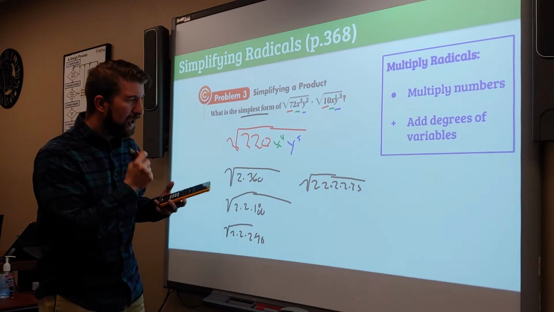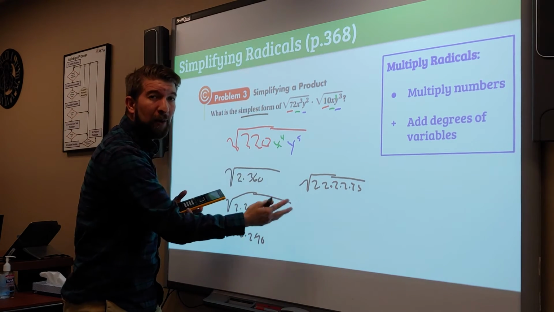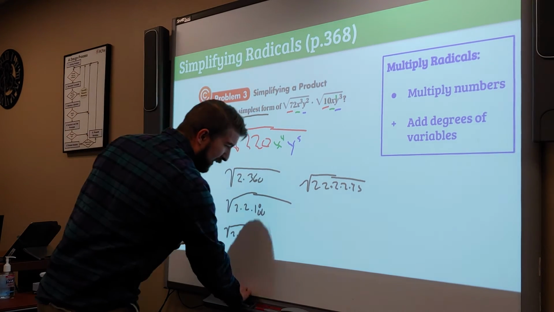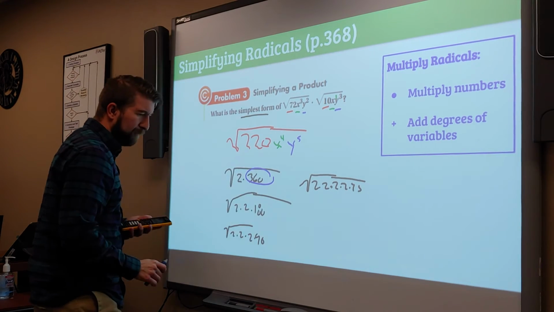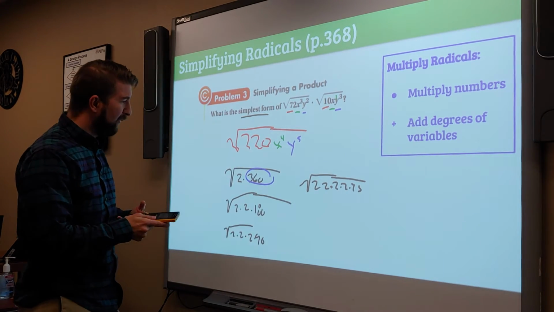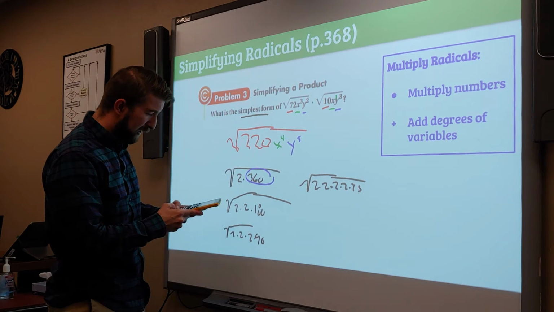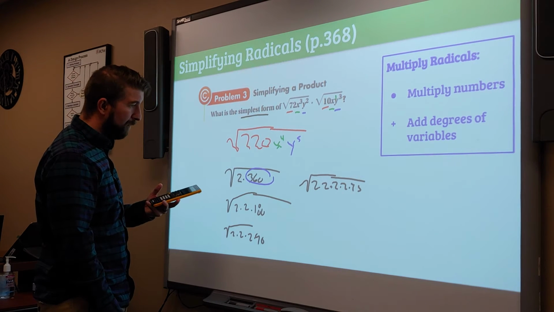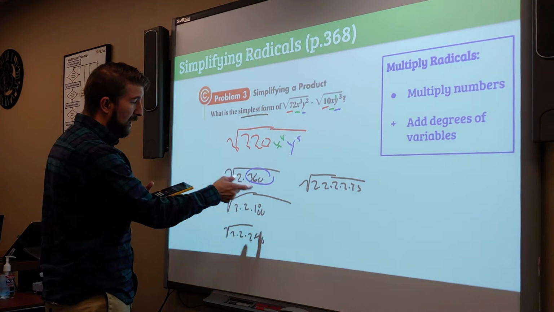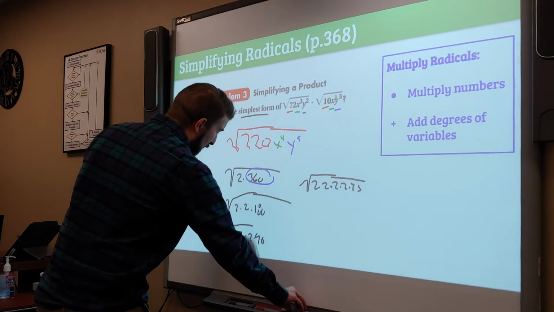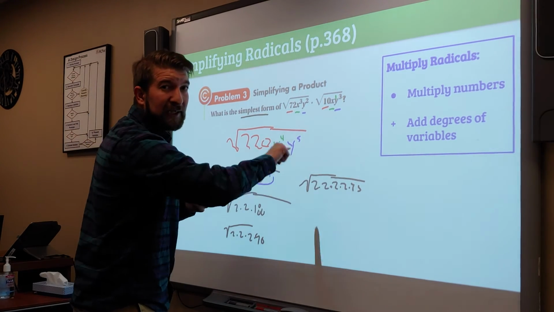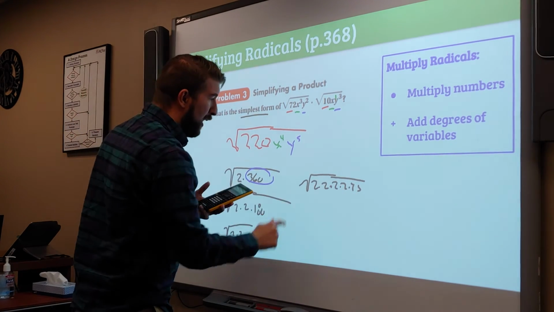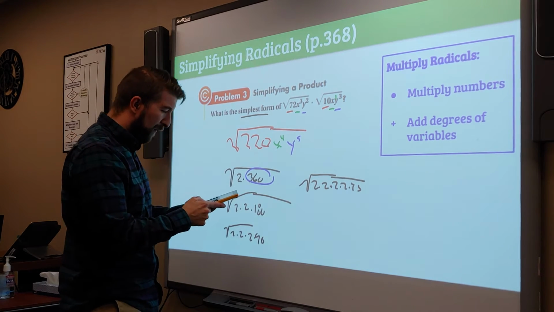Now you can obviously, you don't have to do the lowest number. You can find one that has a square. So I'm looking all the way back at this problem right here. I say, okay, 360, I know that 36 times 10 is going to give me 360. And so that's an automatic number that I can square out. And so you could break it down like this and just keep on going, or you can find a larger square and take that out. Since I've already kind of written this, I'm just going to keep on going with the